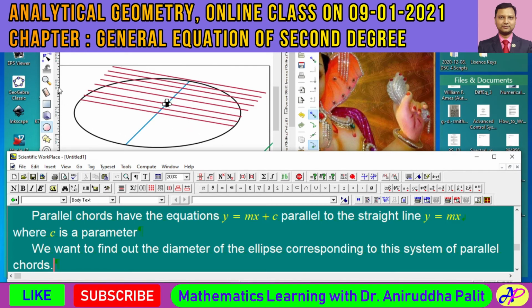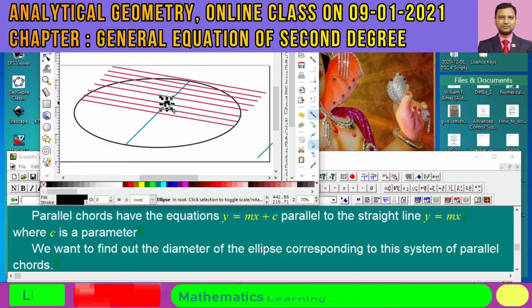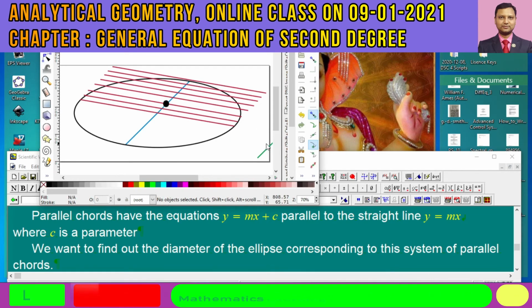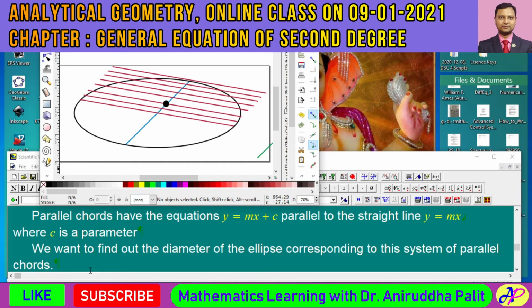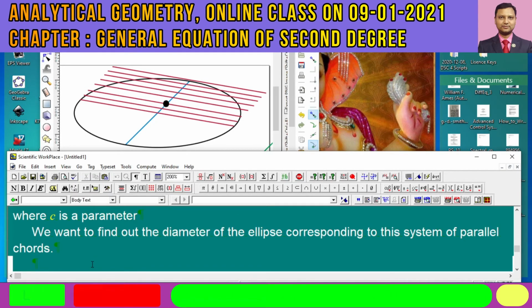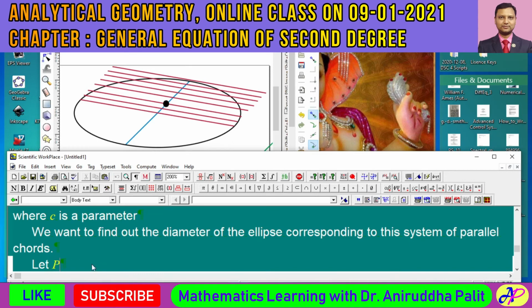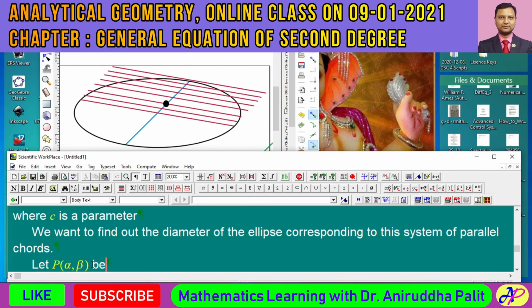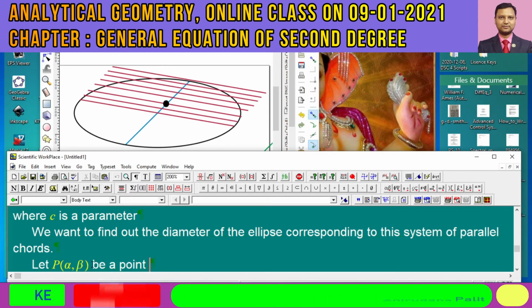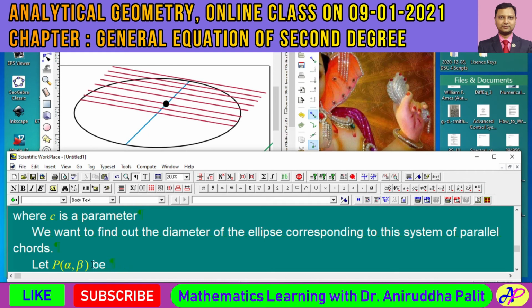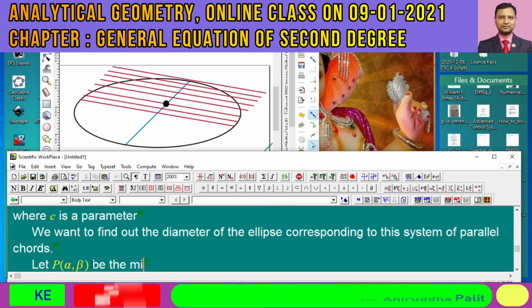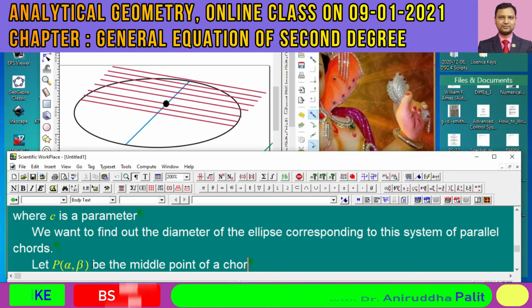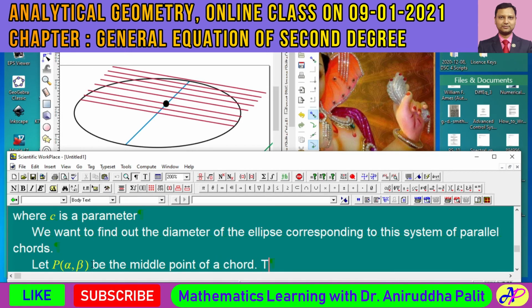Yes. Suppose this black dot is the point P. Got it? Let P(alpha, beta) be a point, the middle point of a chord. Then